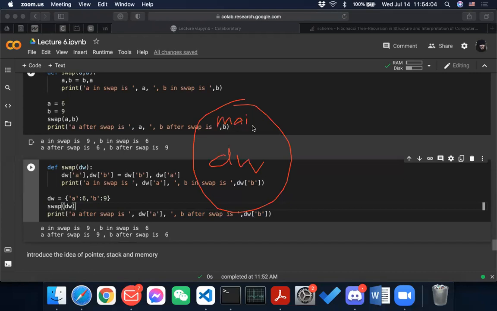I'm just going to write main for short. For those of you who know pointers, DW is somewhere here and the actual thing is here. For those of you who do not know pointers, you can think of the idea of a pointer as your home address. What happened is that